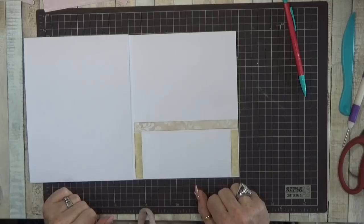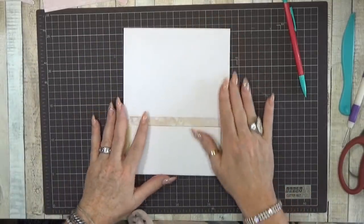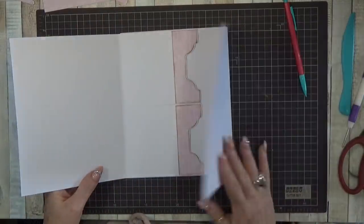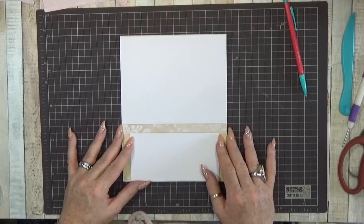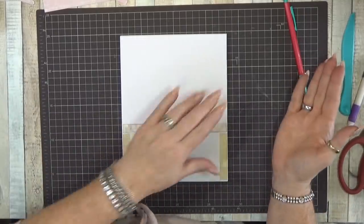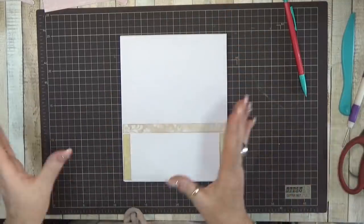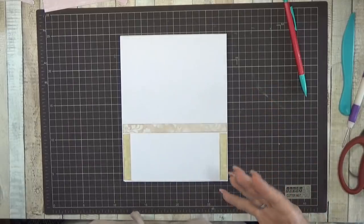Yeah, yep, I know. I know something I like. I always like adding pages that flip. Now we can choose to go right and left or up and down. Now that's totally up to you. Normally, for me,